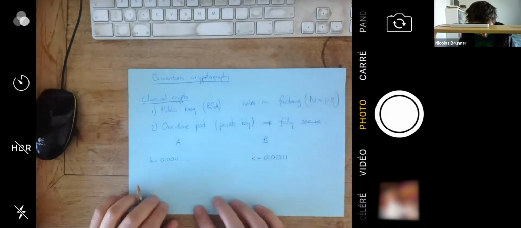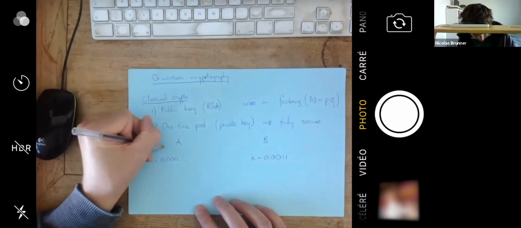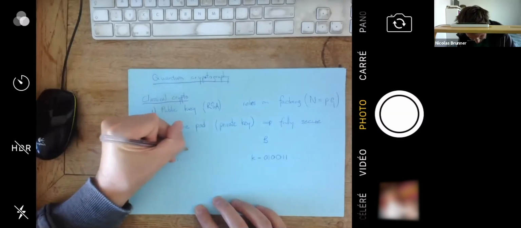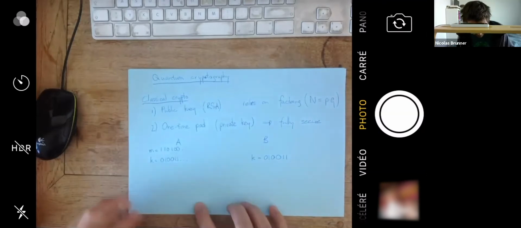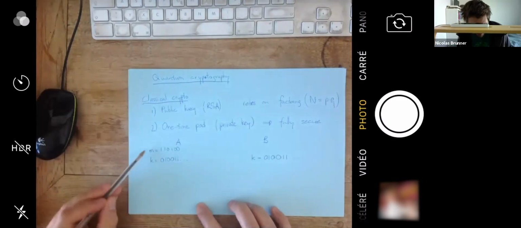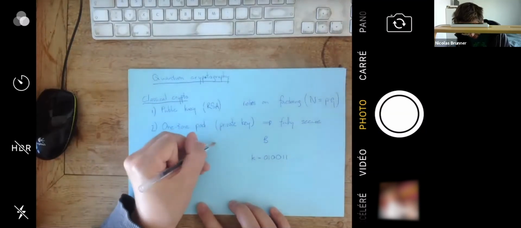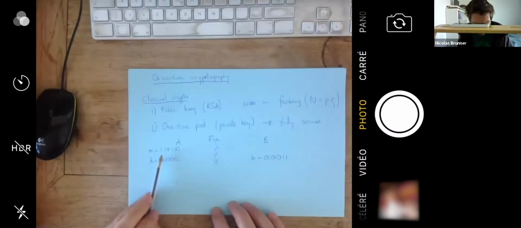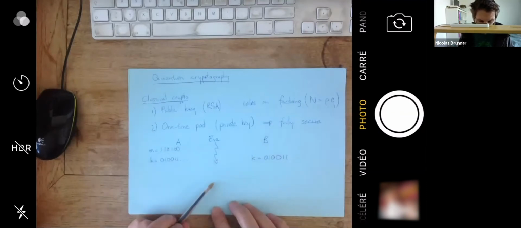Okay. Now Alice has a message that she would like to send. Again, I write this message in binary. Okay. And now the one-time pad is a wonderful solution to the problem of sending this message from A to B without an eavesdropper, Eve, who sits in the middle, being able to reconstruct the message. Okay, it's only Bob that can reconstruct the message and Eve will know nothing about it.